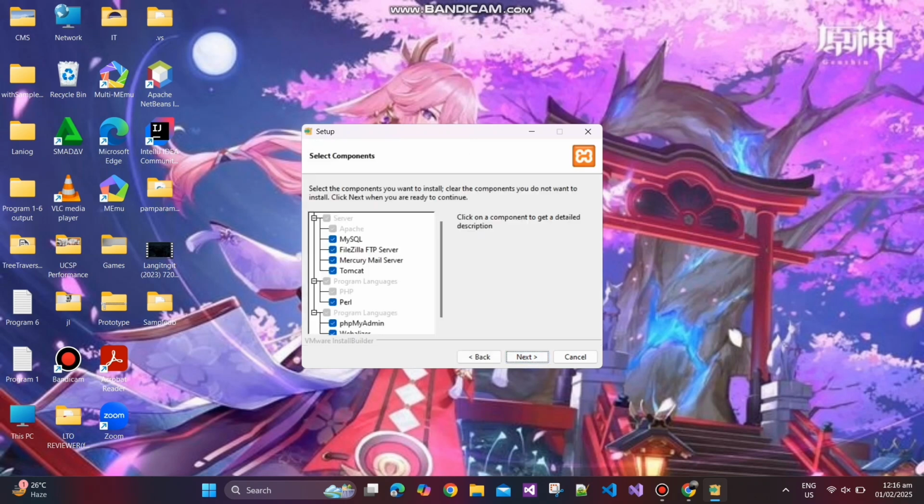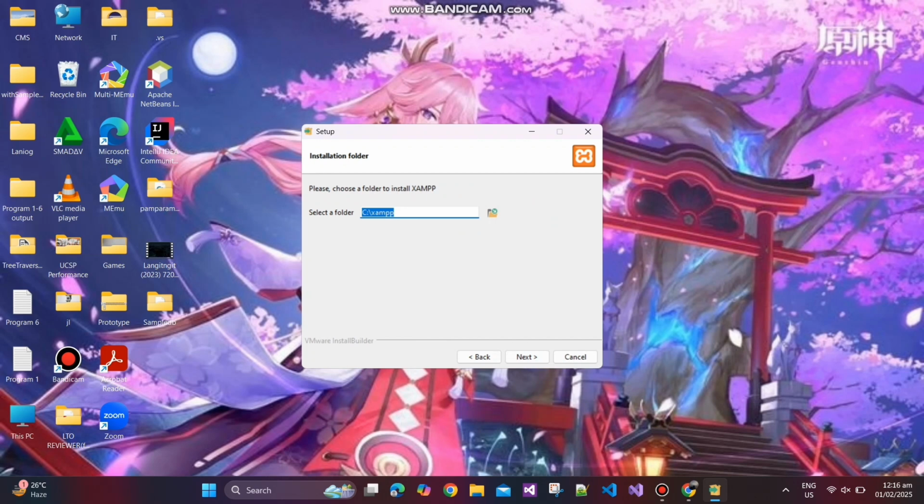Choose the components you want to install, but the default settings are recommended. Then click next. And again, if you want to change the folder, click on the right side and then click next. Same with the language. Then click next. Next.